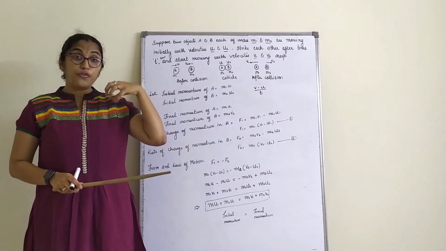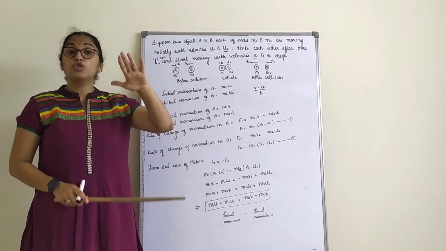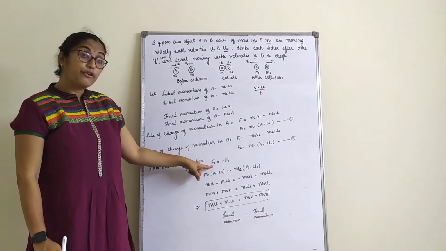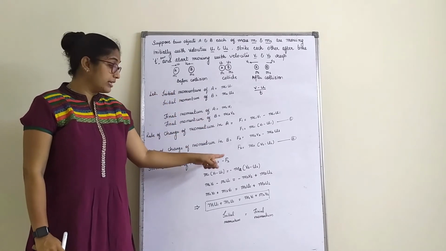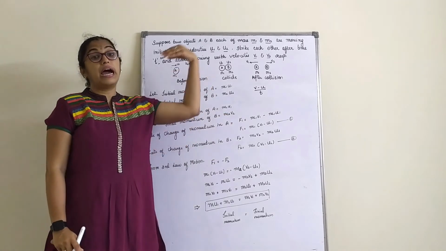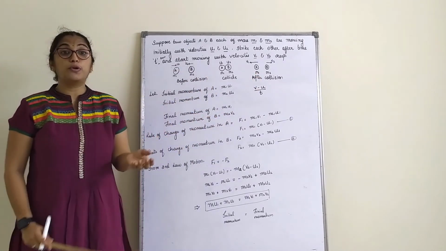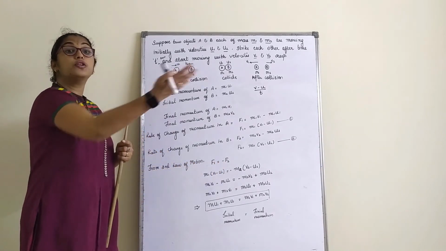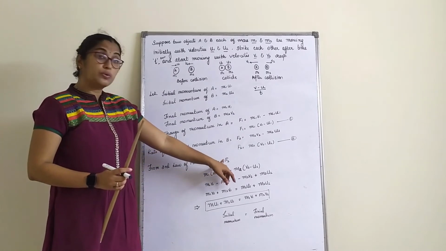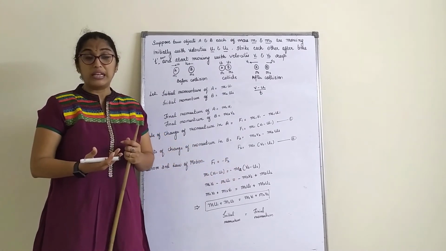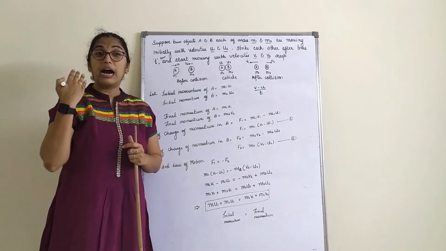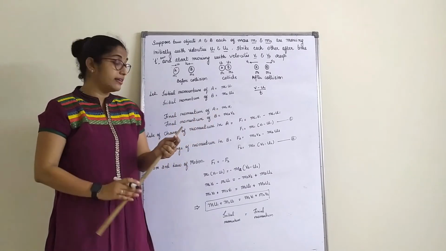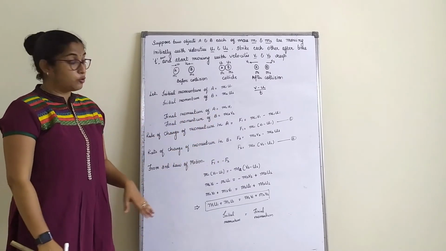That means whatever force is acting on the action part should be the same on the reaction part in the opposite direction. That is why force F1 acting on the object is equal to the force acting on the other object in the opposite direction. That is why F1 is equal to minus F2. Opposite direction. If I write F1 is equal to F2 here, then both the forces are equal. True, they are equal. But are they acting in the same direction? No, they are acting in the opposite direction.